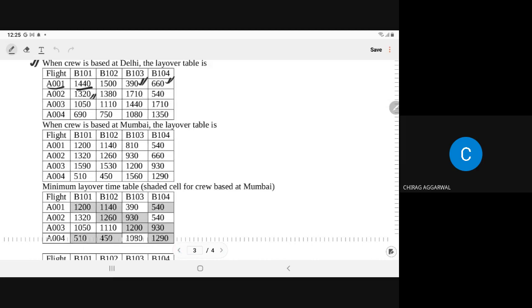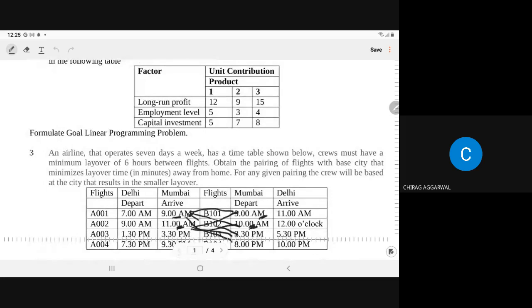So it is 1710. So now it is clear how we are writing the time. Similarly, if the crew is based at Mumbai, then what will be the timing? He is reaching by 11 a.m. and he is to start by 9 a.m. So the difference is